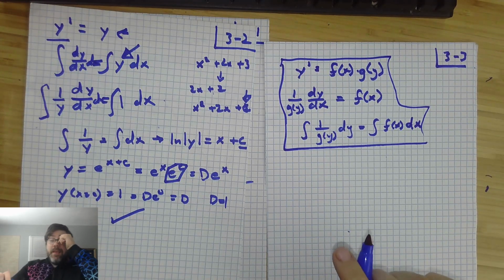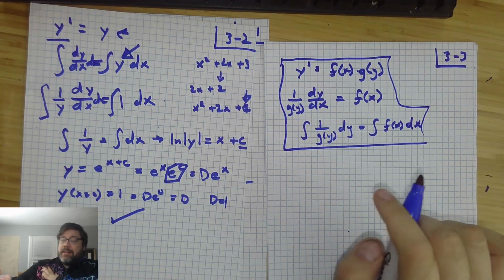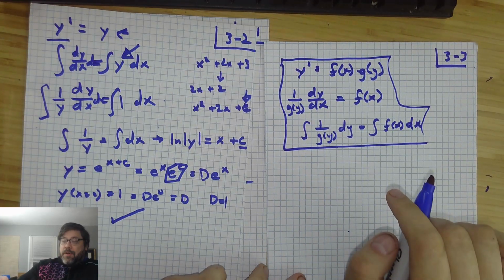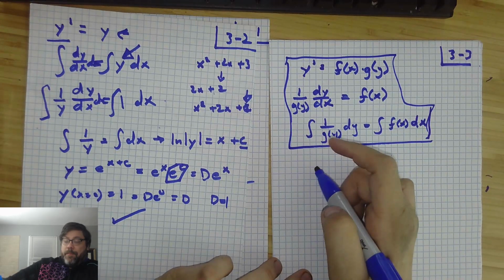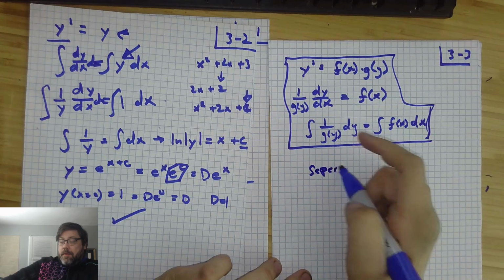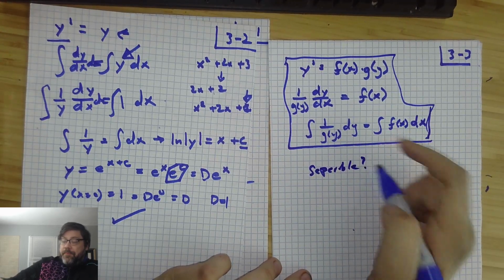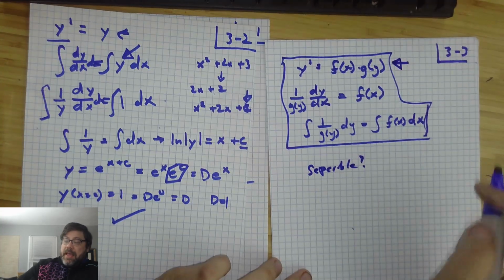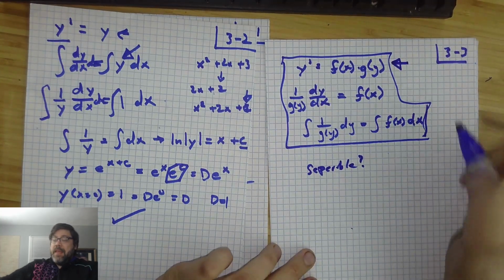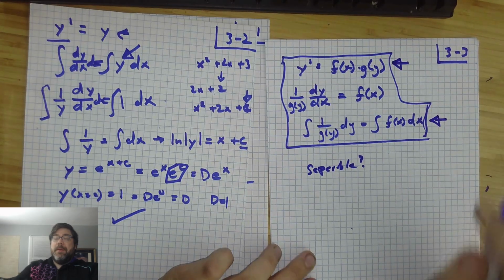So a way you can think of it is basically a checklist. The first thing on our checklist now is to check, is it separable? That is, can I write it in this form? If I can write it in that form, then I should solve it in this way because it's very quick